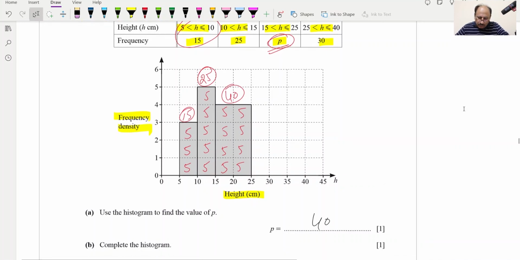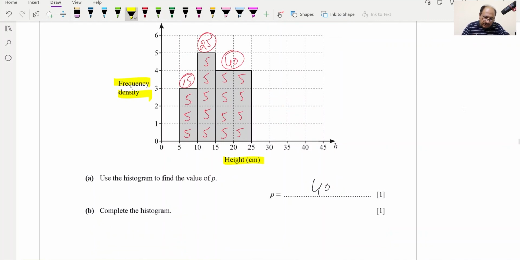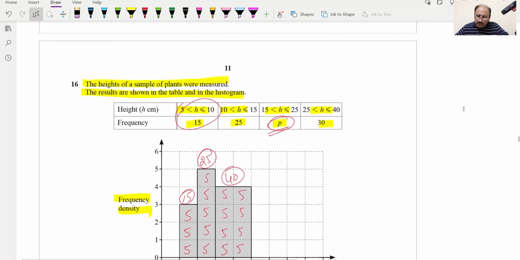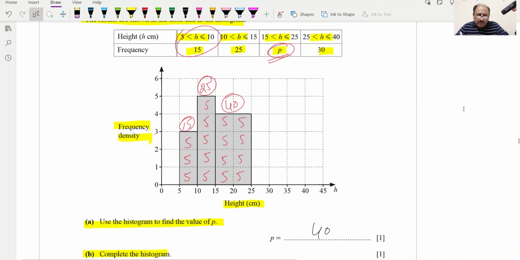This is 40. Now they are saying A part we have done, which is using the histogram, find the value P, and then B part, complete the histogram. To complete the histogram, we have to draw this last bar, which is 25 to 40. For 25 to 40 we have to show 30. So 5, 5, 5, this will be 15, and then 5, 5, 5, this will be 30. So we can show the bar like this one,